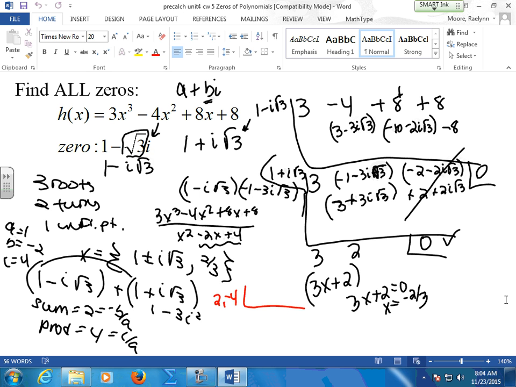Do you have any questions? I know this gets a little messy in here, especially when you have to multiply these guys out. But if you just walk through it step by step,